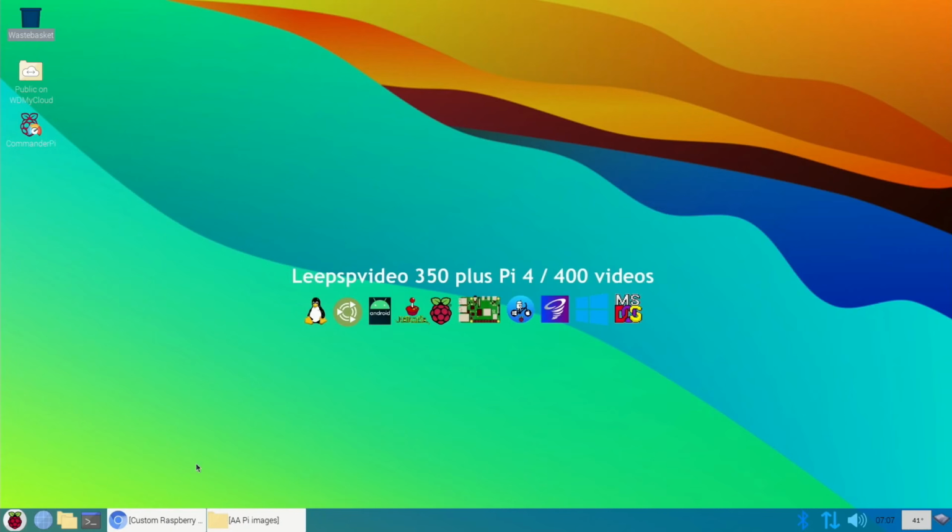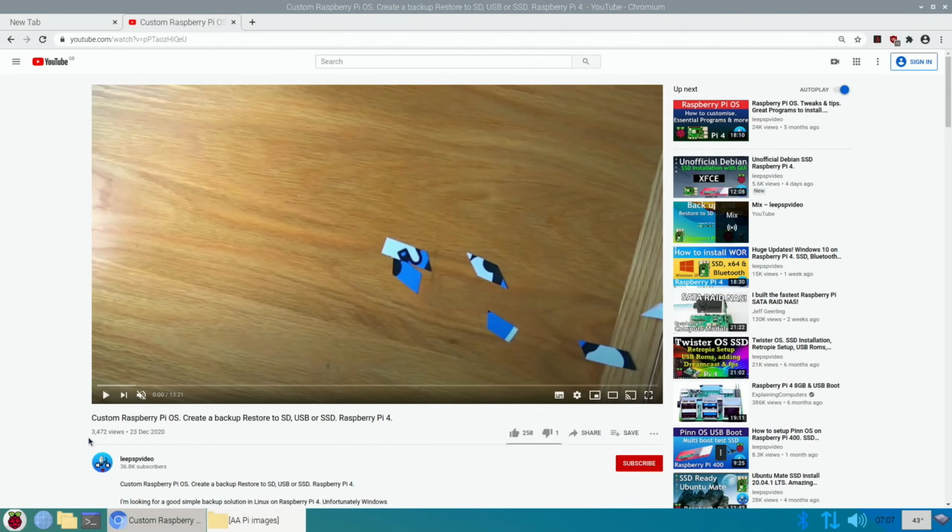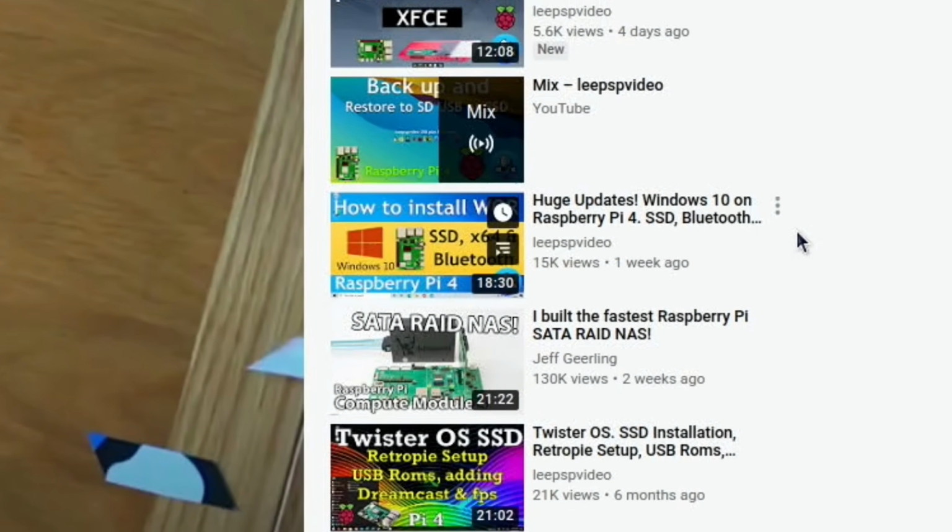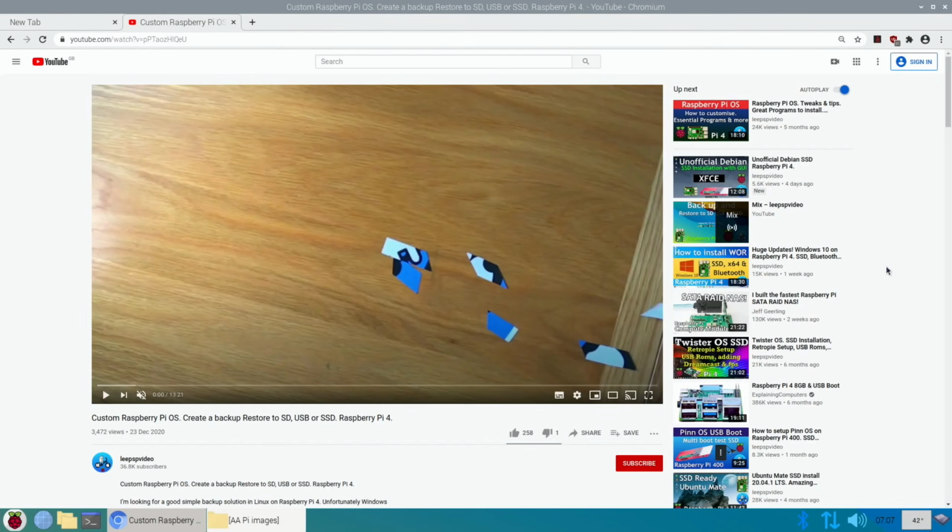And my previous video worked really well on that. I used gnome-disk-utility because loads of people use that, and I've used it before, and I was really happy with it. I was happy that I did it all on Raspberry Pi 4, but it did mean that you had to use Windows 10 on Raspberry Pi 4, which isn't the easiest to install. I've got a guide on how to install it, but I wanted to do everything in Raspberry Pi OS, so